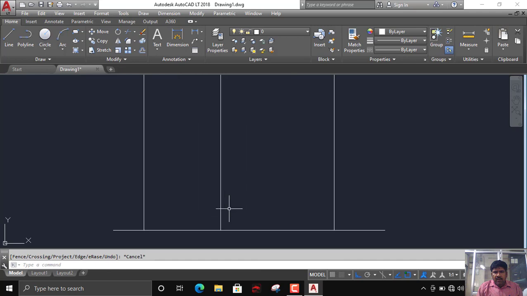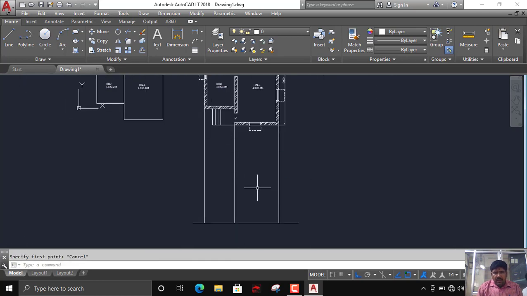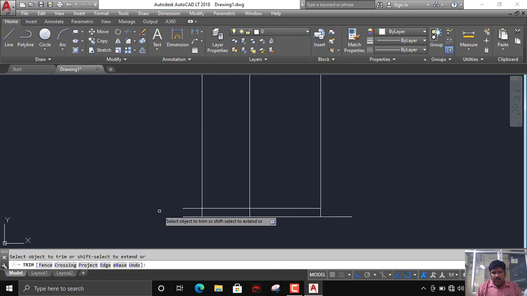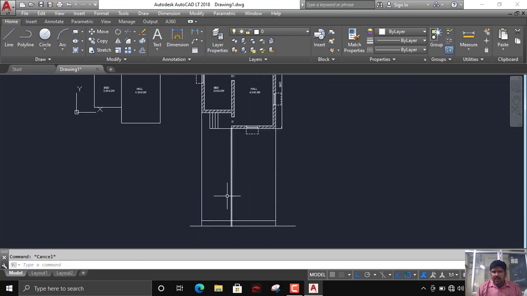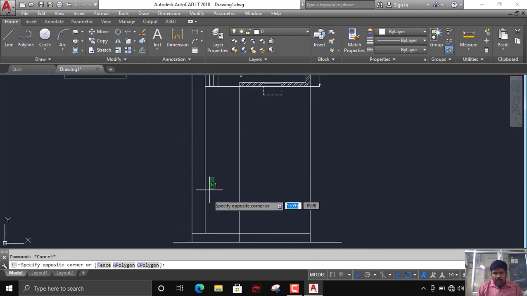From the ground line, see, 600 mm is your plinth level. So I'll have a 600 mm plinth level here. I'll remove these things. Then you will have steps starting from here.